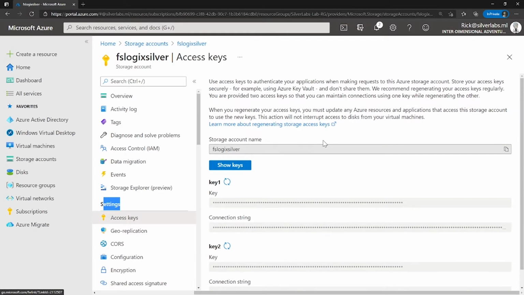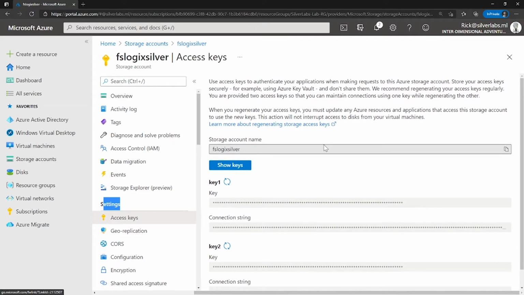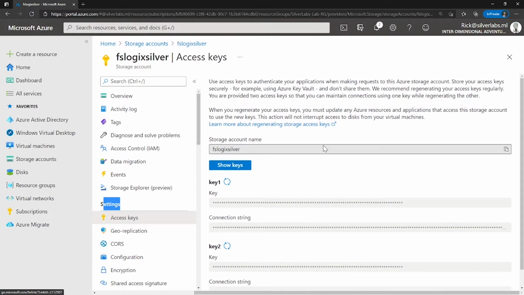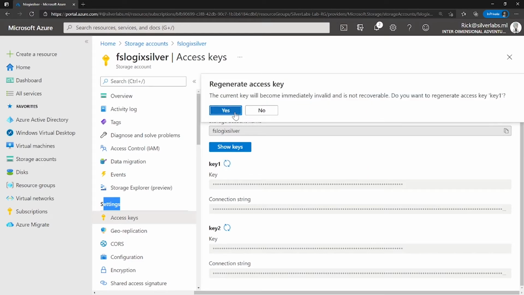So how can you protect these shared keys? Because there are only two keys, they provide full access to your account. So it is recommended to only use the key with trusted in-house applications that you have complete control over. And if the keys are compromised, you can change the key value in the Azure portal. One option is you can regenerate them on a regular basis for security reasons.